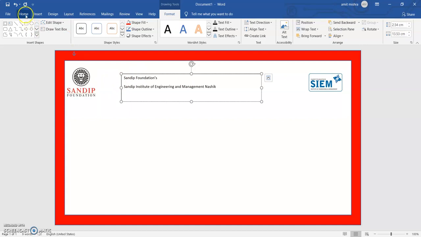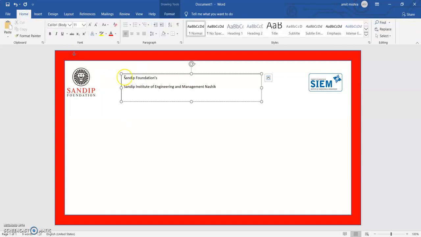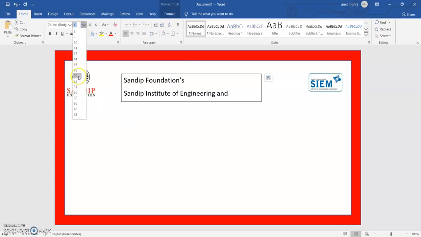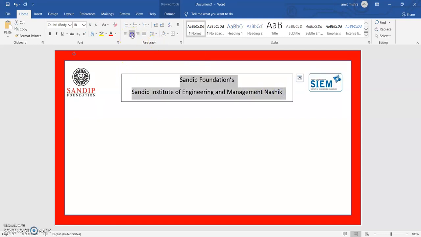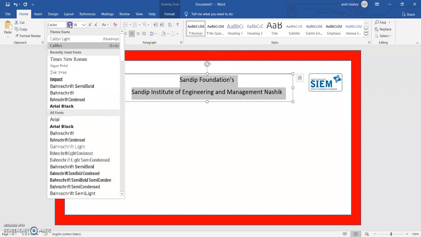Now I want to change the font of this. So how can I do that? In this fashion I can do. I can just stretch it more, as I want this at the center. So I will select it and put it in the center. I don't want a simple font, I want some different kind of font.